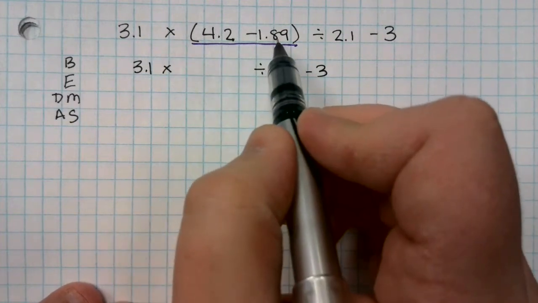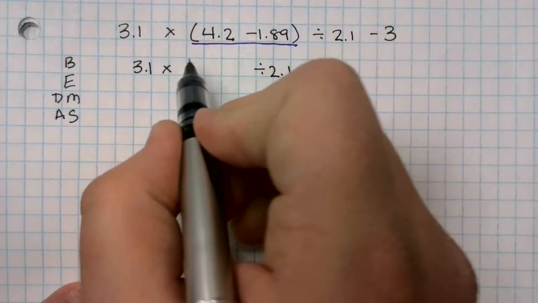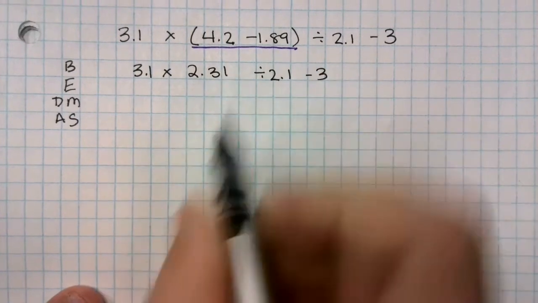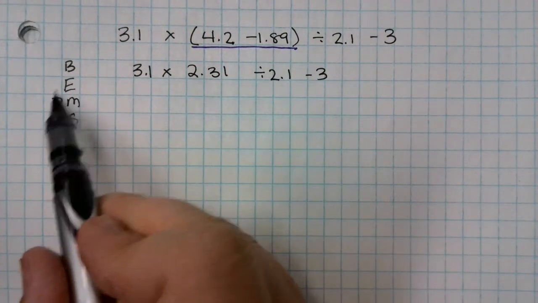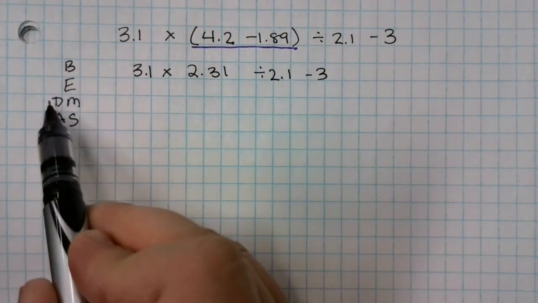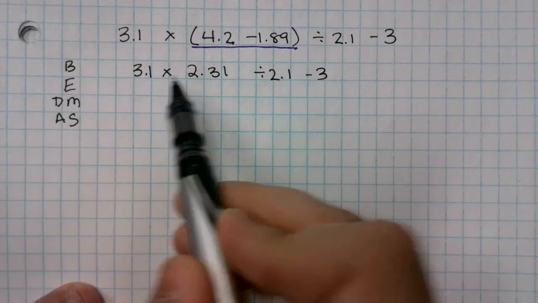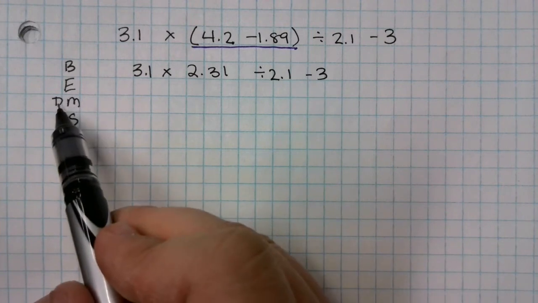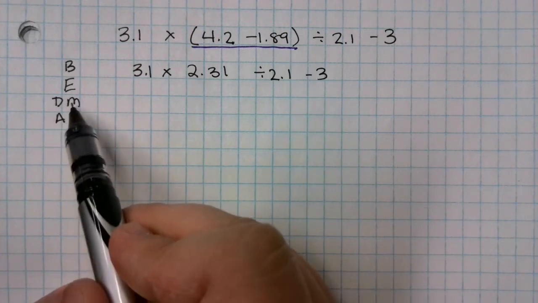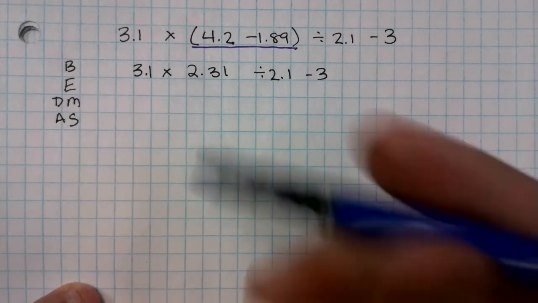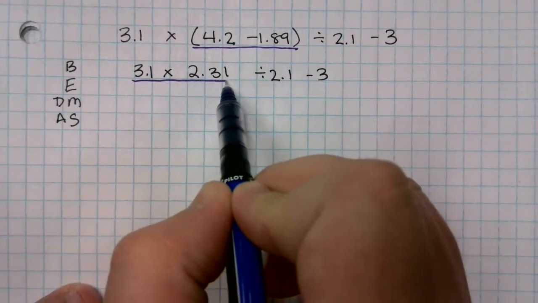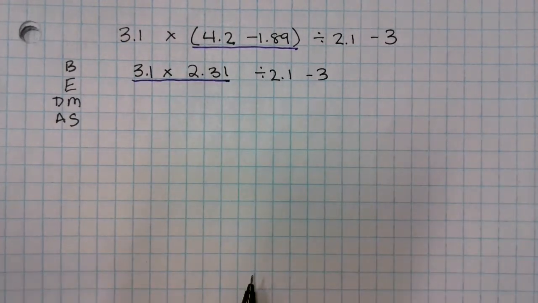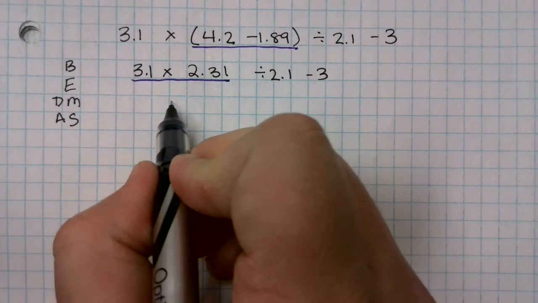4.2 minus 1.89 is 2.31. Now I have no other brackets, so I can move down, and no exponents, so I can move down to this section. I have multiplication, division, and subtraction. Division and multiplication come first, and I would start on the left and work my way right, meaning that I would do this operation first. And that gives me